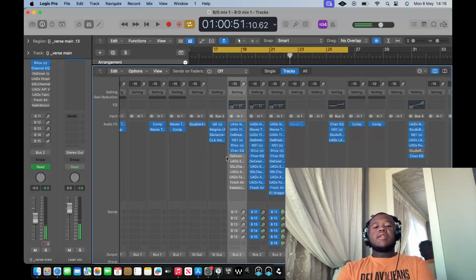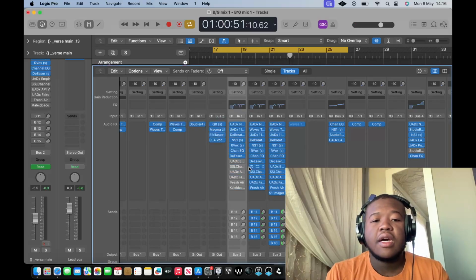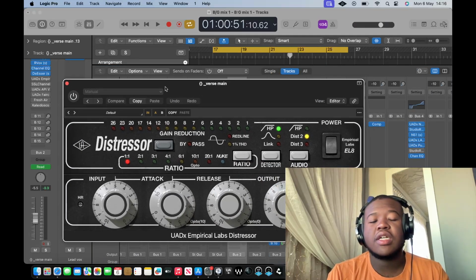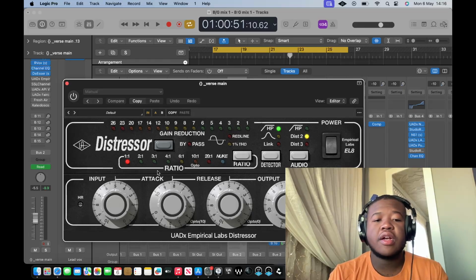Yeah, so basically that's what we did there. Then the next thing was de-essing to get some of the sibilances out. From there, we went into more compression. We used the Distressor. I like the character that Distressor gives. So what we did here was we had a high pass filter on, and this distortion 2 setting, and we had it at a 1-to-1 ratio. Yeah, this is how it sounds with it.